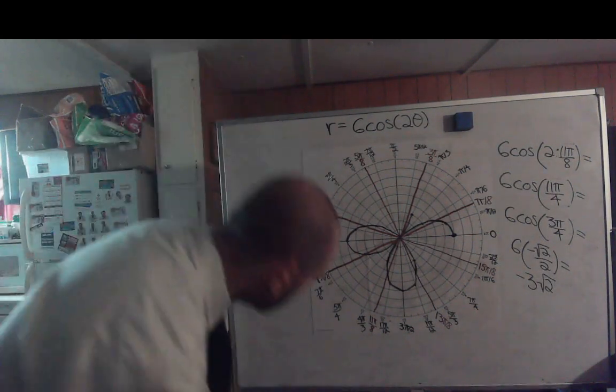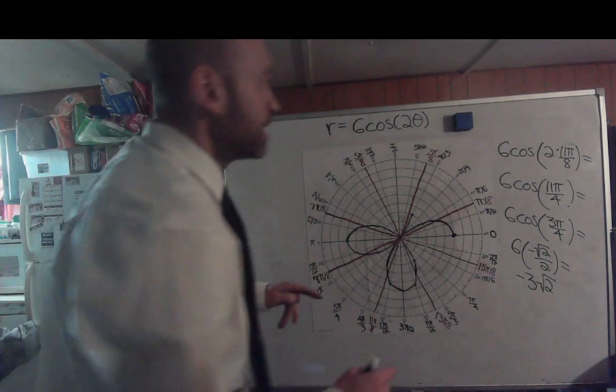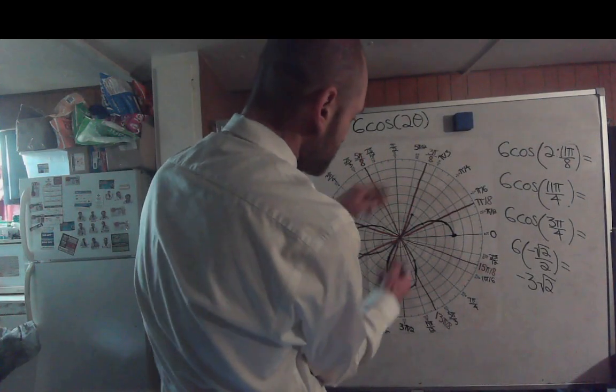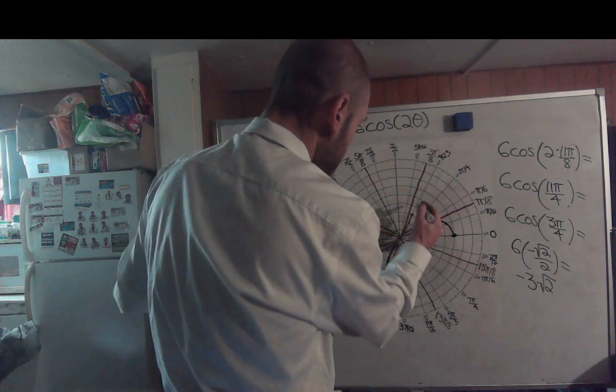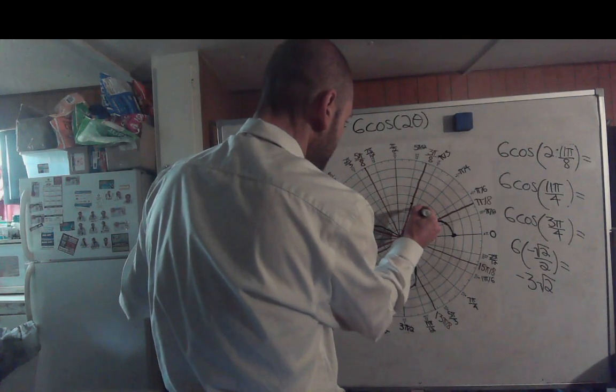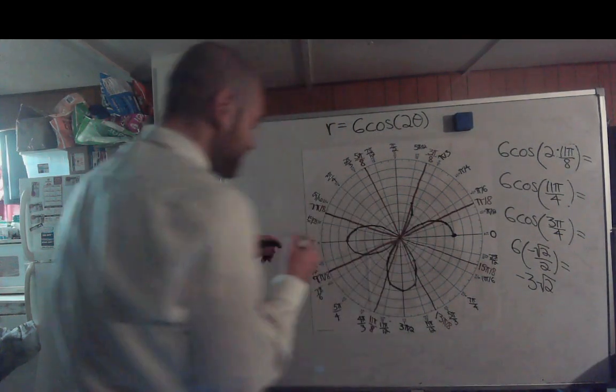About negative 4.24 if we're on the 11 pi over 8 axis. Would we go negative, that'd put us on 3 pi over 8. So that's about right here. Let's go ahead and connect, and then